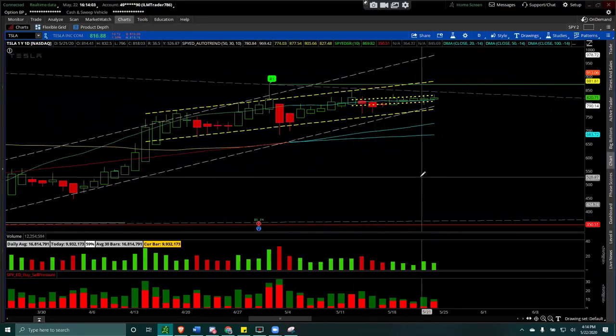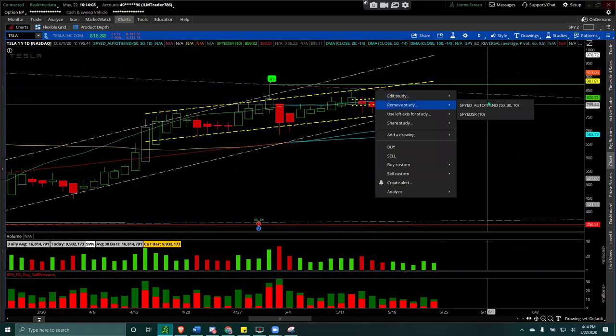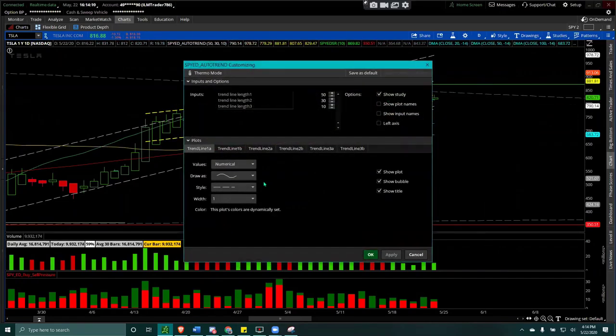There's multiple other ways you could do things. You could also click off one of these, edit studies, trend line. You could just come here and say trend line 1. I don't need all that junk. You cancel it out. Trend line BA. Yeah, I don't need to show all this. I don't like when it's too much noise, right? You could always play around with it. It's how you prefer to see. If you see a lot of things you want to see, go for it. I like to cut the noises. The chart's a lot more clear.